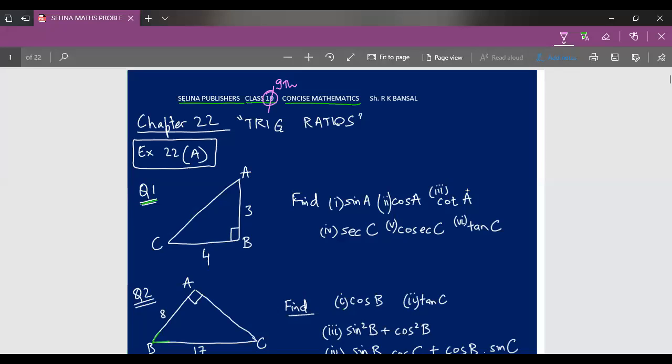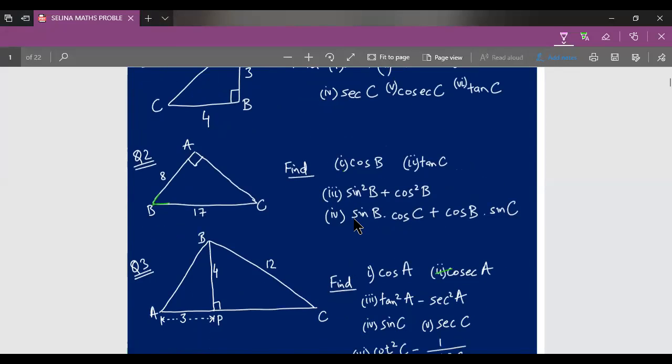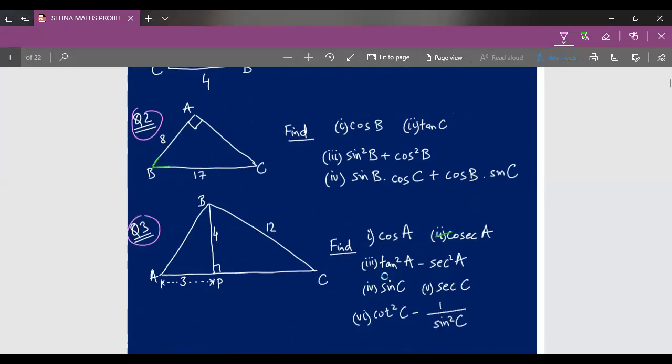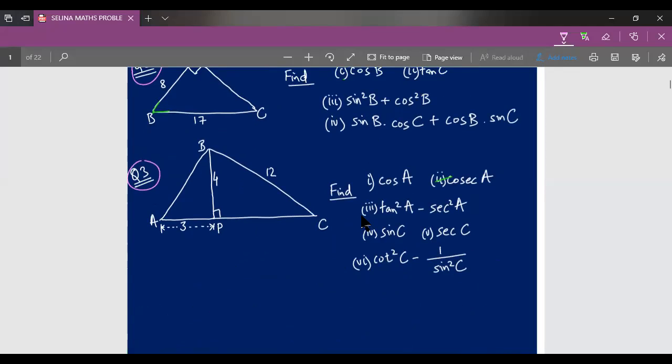Okay, so today we are going to be starting with trigonometric ratios. All the sums that I did in part A, there's a part A of this trigonometric ratios. In part A, I had done question number 1, question number 2, and question number 3. And furthermore, there are question number 1 to question number 10 which I'm going to do in the trigonometric